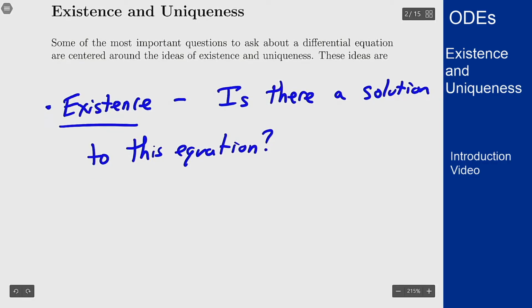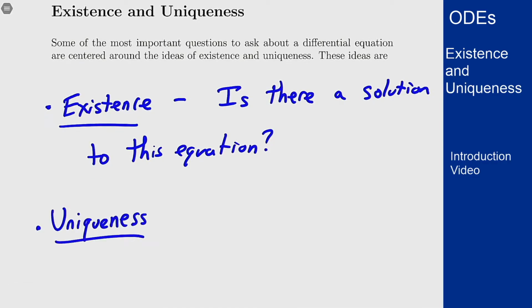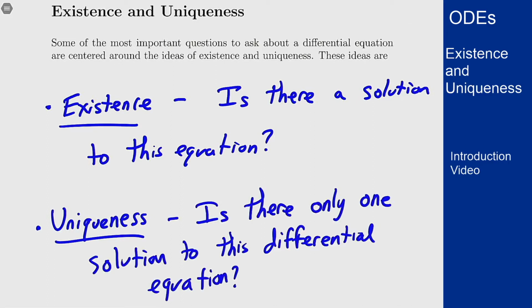The pair to this is the idea of uniqueness, which is really centered around the question: is this solution unique? That is, are there multiple solutions to this equation, or is there only one solution to this equation? And these may seem like very theoretical ideas. However, when you're trying to do models, it's really important to know these things about the equation you're trying to